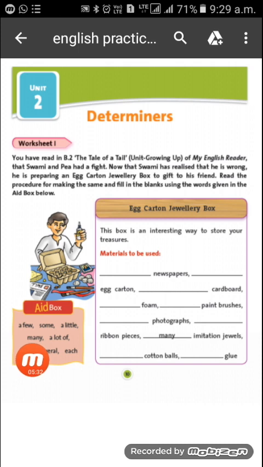Next is many. Many means amount is large. Okay, and many is always used for countable nouns, जिनको हम count कर सकते हैं. A lot of is used with both countable as well as uncountable nouns. But when do we use it? A lot of we use when the amount of that particular thing is more. Okay, जब वो amount जो होता है वो ज़्यादा चाहिए, हमें ज़्यादा होता है, then we use a lot of.